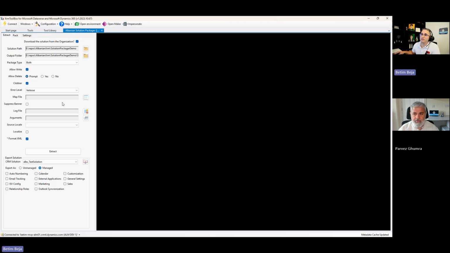plugin assemblies. And then you can specify a log file if you want to write the outputs somewhere. So the error logs and everything else. You could also specify a file with these arguments. So if you have some arguments that you are using frequently, you can write them in a file and